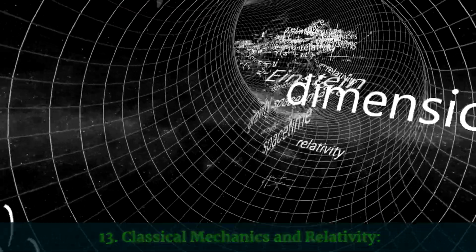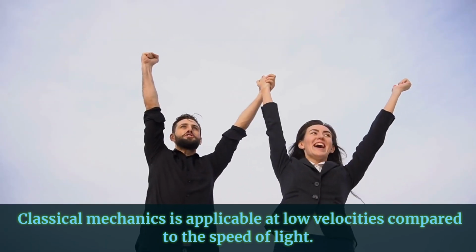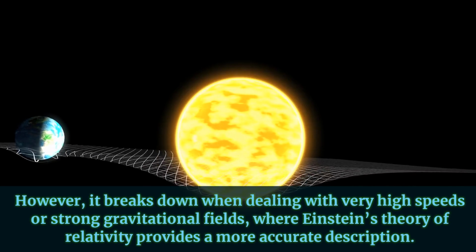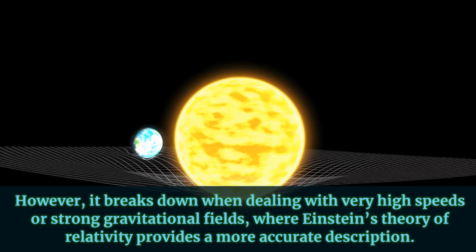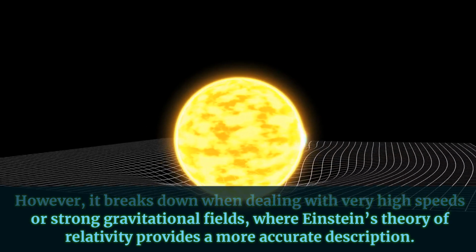13. Classical mechanics and relativity. Classical mechanics is applicable at low velocities compared to the speed of light. However, it breaks down when dealing with very high speeds or strong gravitational fields, where Einstein's theory of relativity provides